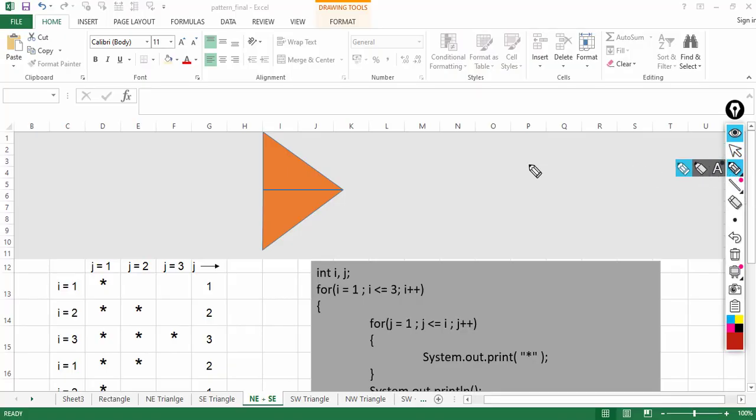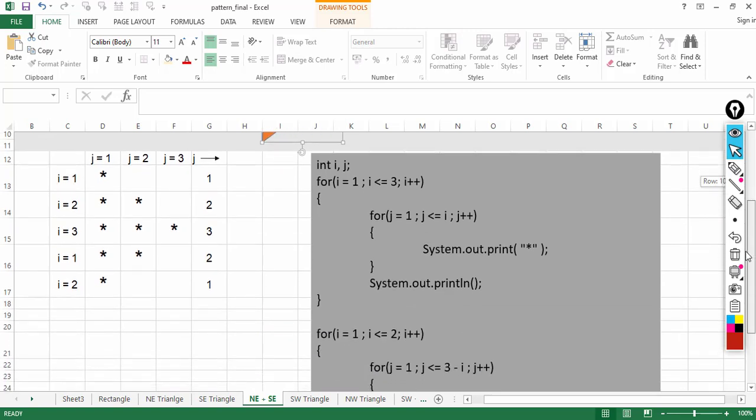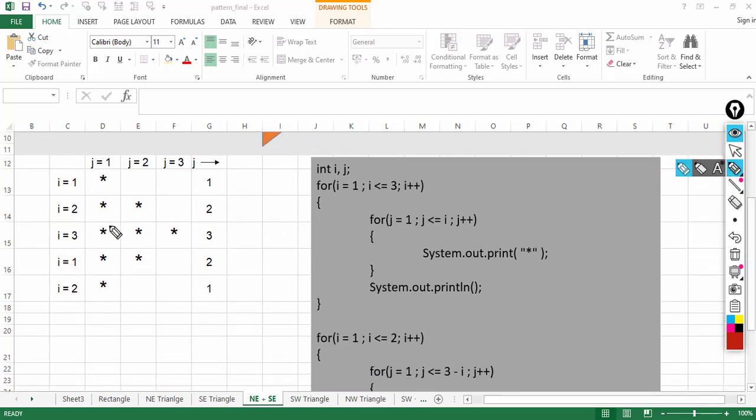Hello students, in this video we are going to print this pattern, which is a combination of the previous 2 patterns. Okay, this one and this one. So when you combine both, you get this. Okay, so I'll be using 2 nested loops here. One will be for printing this part, and the second nested loop will print this part.